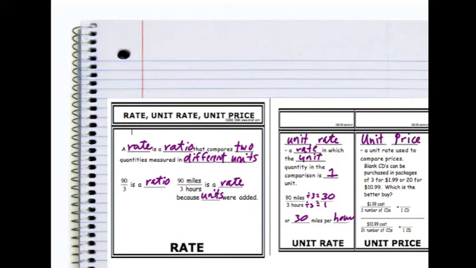rate used to compare prices, right? Blank CDs can be purchased in packages of 3 for $1.99 or 20 for $10.99. Which is the better buy? How many times do you go to a store and see items packaged in different quantities, right? Different amounts. You want to make sure you're not paying more for the same item, no matter how many are in the package. So if I have 3 CDs for $1.99, I really want to know what does 1 CD